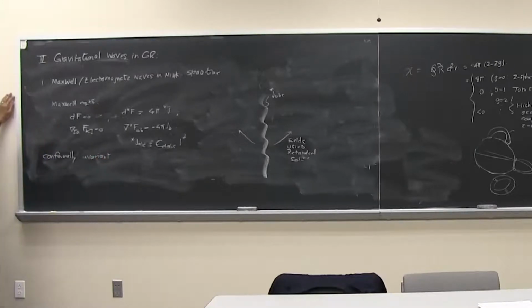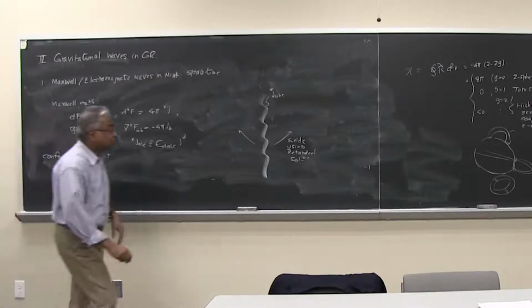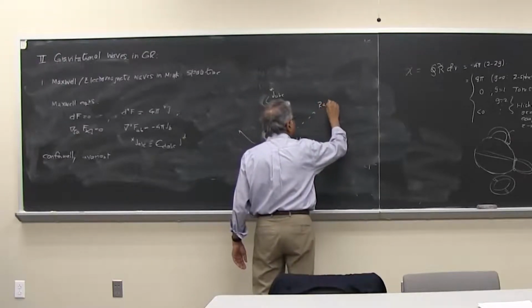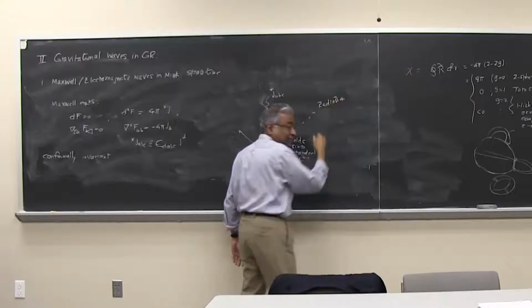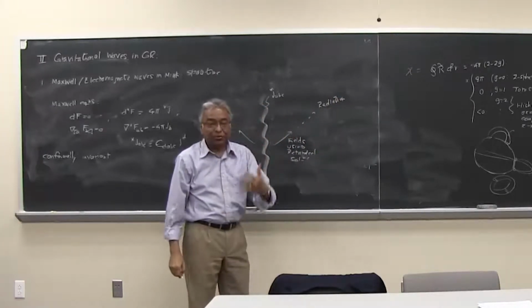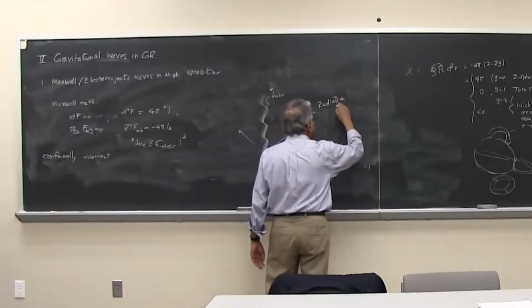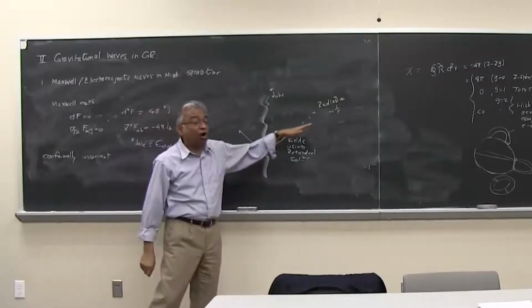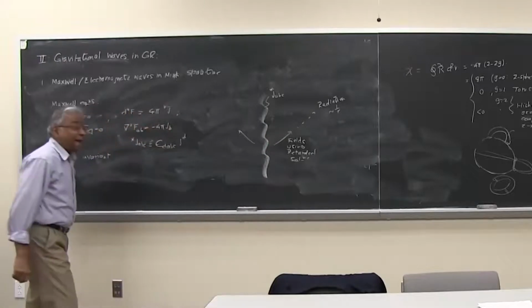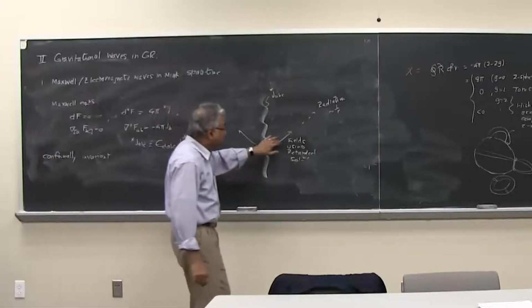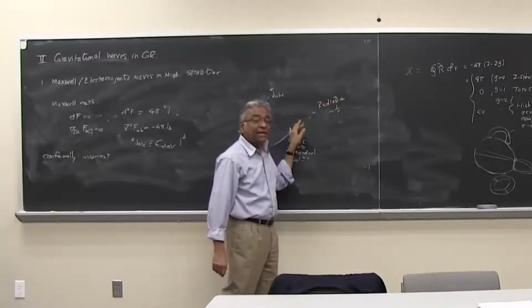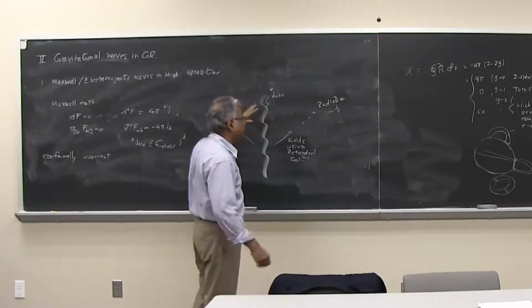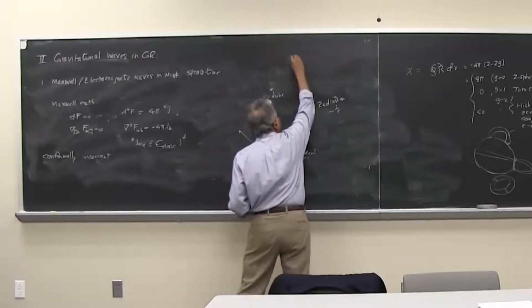So what we are interested in doing is the following. We are interested in what happens to these fields as they go out to infinity. So we are interested in radiation, and you have learned from your electromagnetic courses that this radiation is always going like 1 upon r. So we are interested in the 1 upon r fall off of the Maxwell field, and the Maxwell field, the waves are going to propagate in null directions, and therefore the idea is that the structure would simplify if we actually compactify space-time and